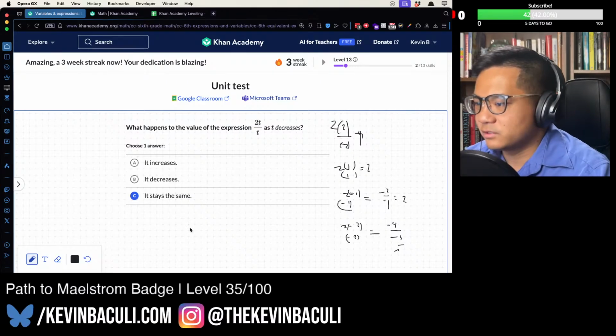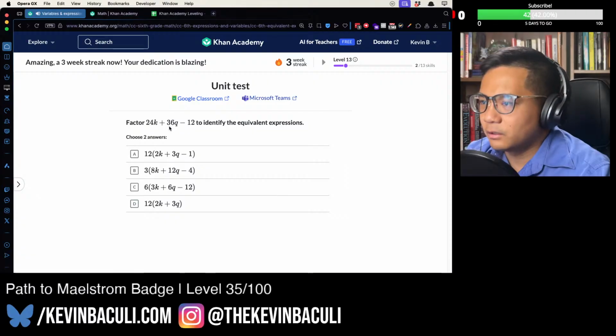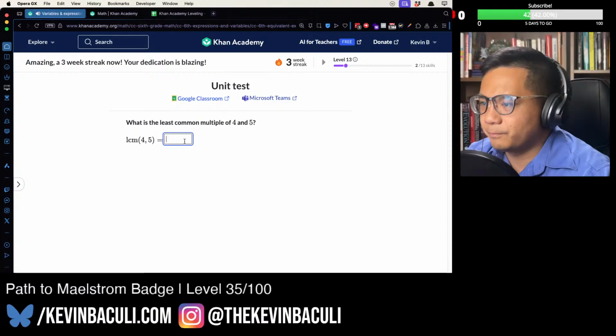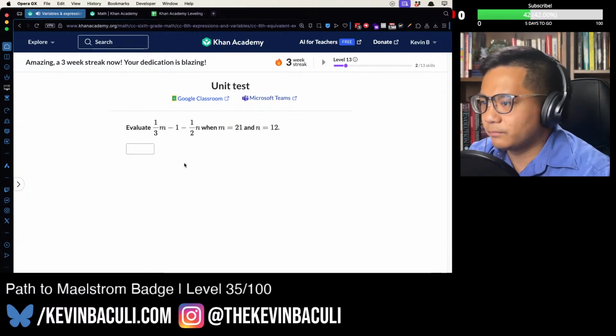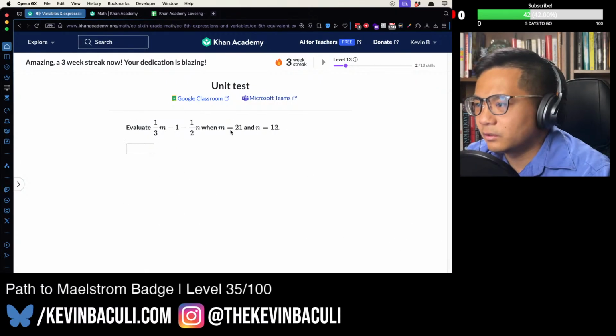Oh, this is 2. Let's see, it's the same. Factor, I could do 12. So 12 is 2 plus 3 minus 1. Could factor out a 3, which would be 8, 12. Okay, I think that's it. Plus Q minus, there you go. Least common multiple, let's see, 20. Evaluate. M is 21, 7. So what is this? This is gonna be,